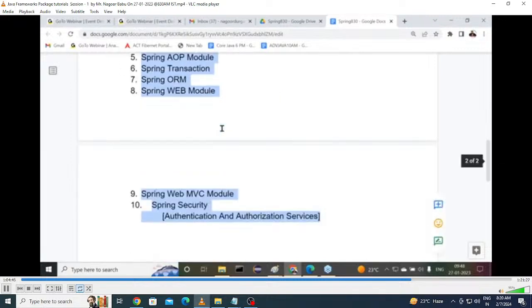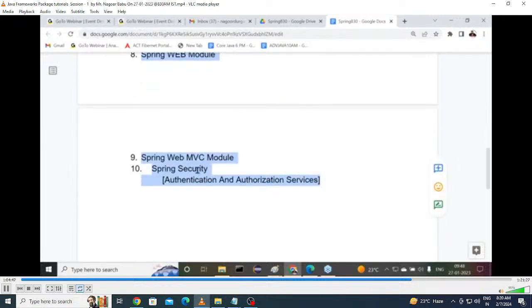But the Spring Security we are discussing at one level. In Spring Boot, again a security module is available. There we are going to discuss some advanced security techniques. Get my point or not? Then OAuth and some other security related technologies are available, which I'm going to use in Spring Boot. But here we are going to use only basic security, whatever Spring Framework is providing, up to that we are going to use.